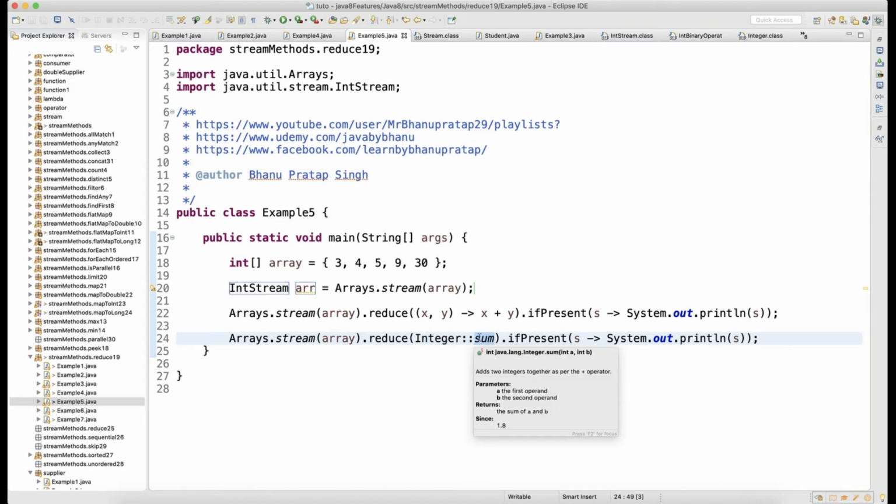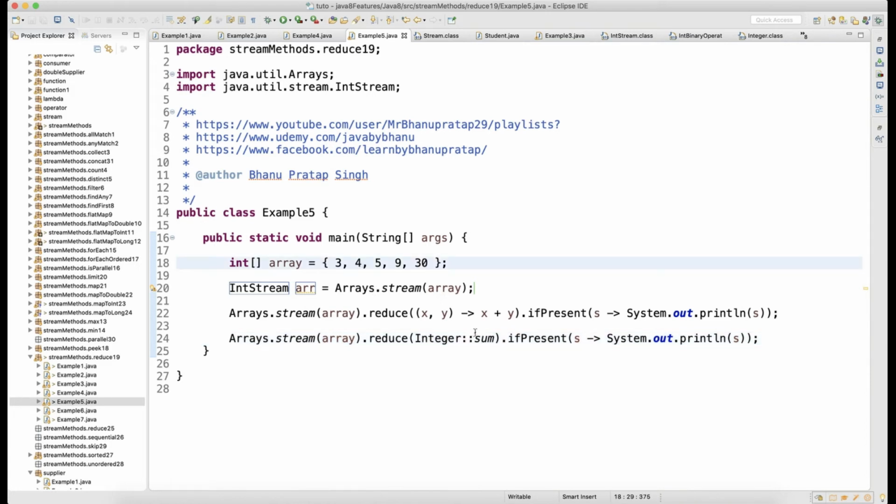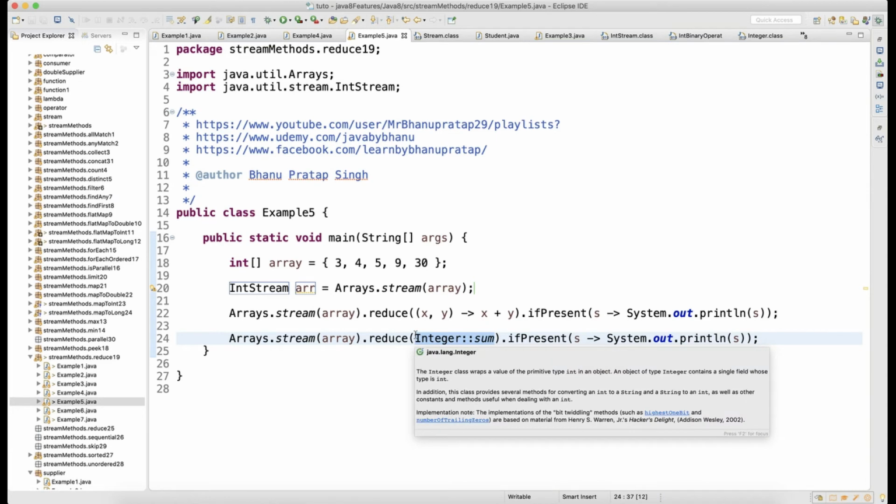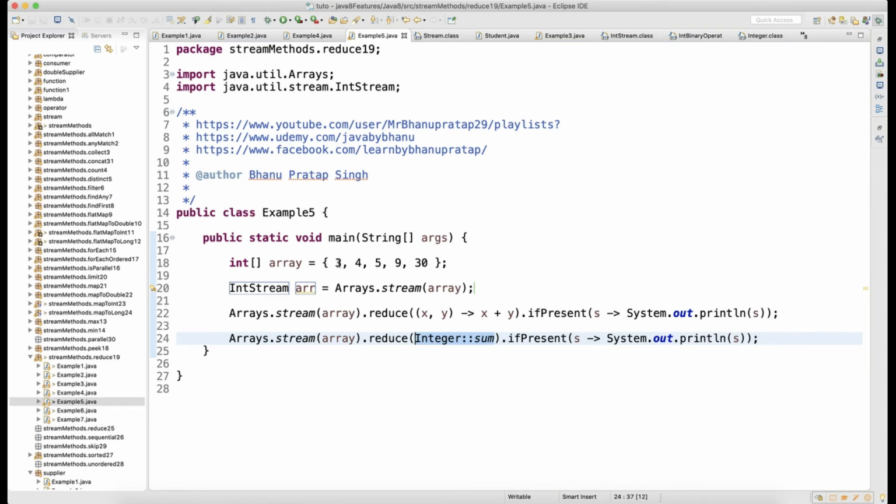Basically how it works is, on this stream, data one by one will get supplied to the sum. In the beginning it will go 0, 3, that is 0 plus 3. Then whatever outcome comes from this sum, that number 3 and then the next number 4 will both get summed. Then whatever sum comes, 7 and 5 will get summed. So whatever outcome comes from one summation goes as an input to the next summation. But in the beginning, it will go 0, 3. Okay, guys, clear? In the beginning, it will go 0, 3. Then it will sum it.